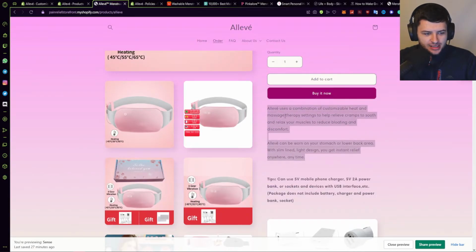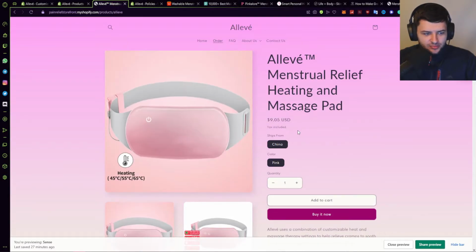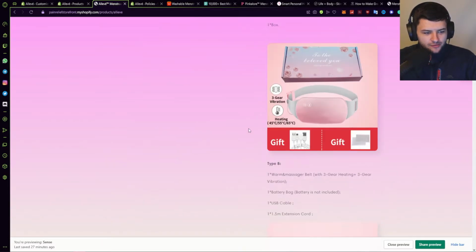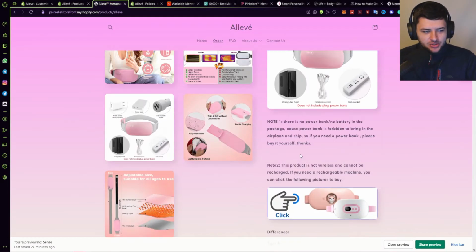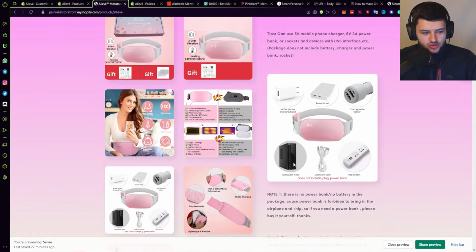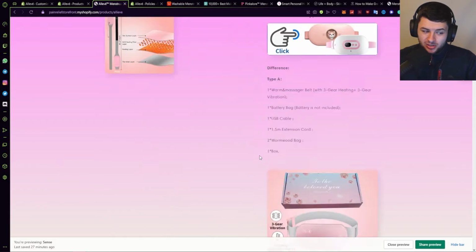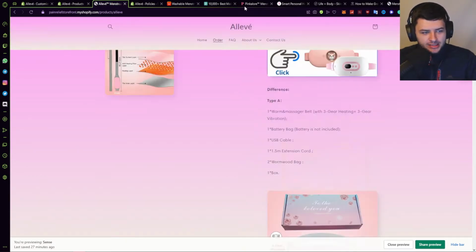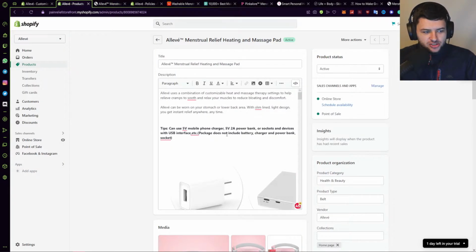We also have this nice snappy description we placed on it, which looks really nice, but we do have a product page which is a little bit messy because we linked it directly from DSers, and because of this, it's added a lot of gunk to our page, a lot of which looks good, but a lot of it is kind of spammy. So we want to go back and edit the product page to make it look a bit